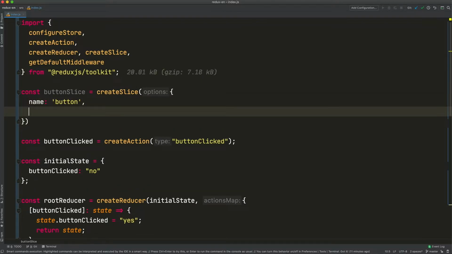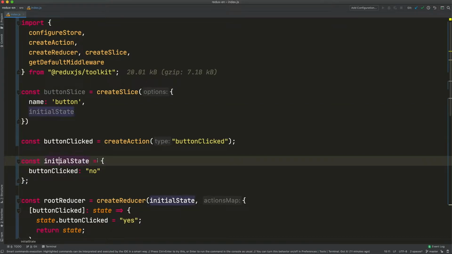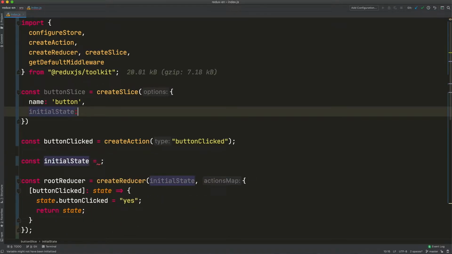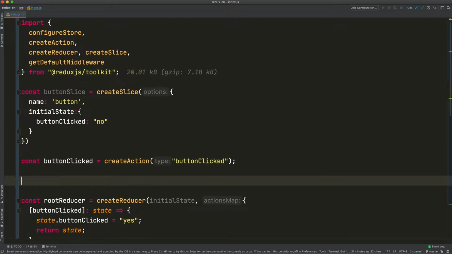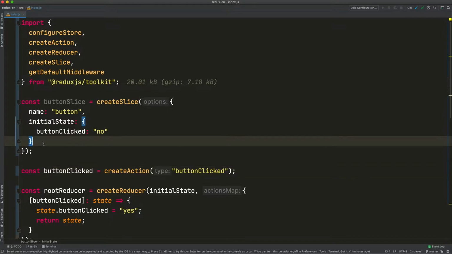Next up, we give this slice the initial state. For the initial state, you can either move the initial state inside this slice, or you can use whatever initial state you've got in this file. In this case, I just moved the initial state inside the call to createSlice. Once you've got the name of the slice and the initial state, you can give this slice